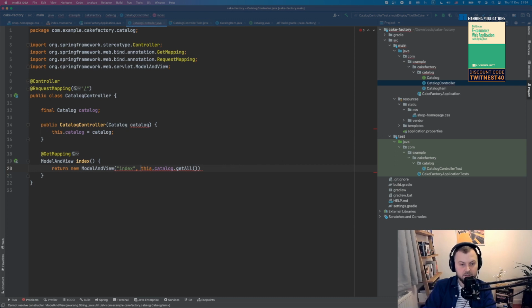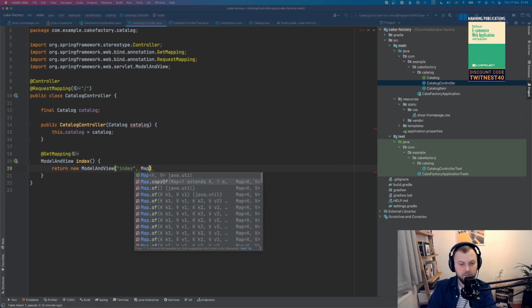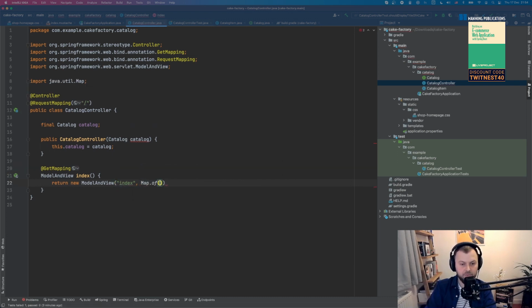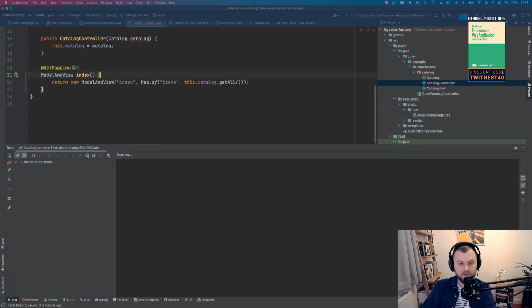So in my case, what I'm going to do is create a map, and I'm going to create a property of this model called, let's say, items, right? And I'm going to pass my catalog in there. Cool. So now if I run the test, guess what? It's going to fail. But that's intentional. That's by design, right?